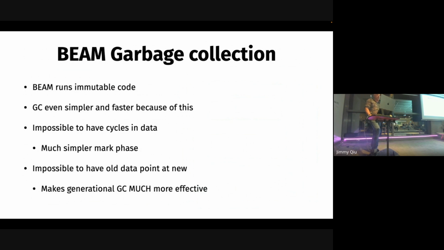And also because you've got immutable data, old data can't point at new data, so generational garbage collection gets a lot easier as well. If you get a lot of new garbage being created, which you will just due to the nature of lots of list processing and the kind of work you do in functional languages, it can be very quickly dealt with. There's very little old garbage, and because it's immutable, it can never be updated to point at things created later. It'll just sit there and you don't have to deal with it as much. So that's kind of nice.